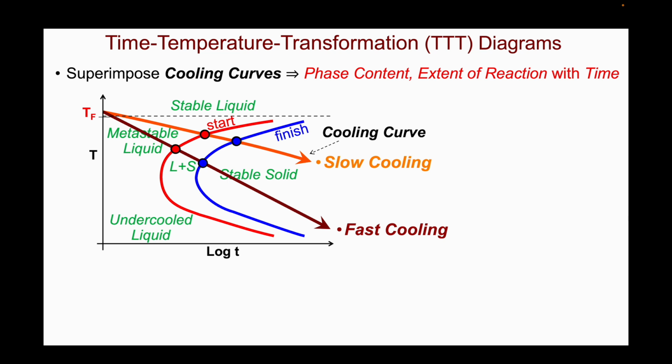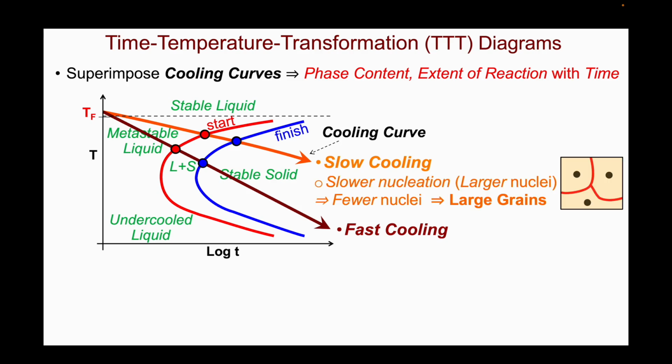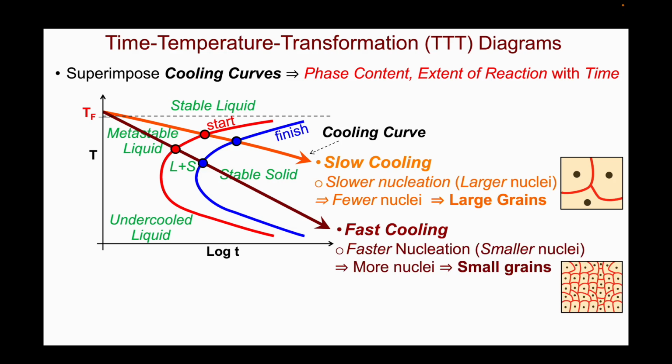With its longer start time, the slow cool sample has a longer nucleation time. This slower nucleation is because the incubation is occurring at a smaller undercooling and requires larger sized nuclei to begin the growth. As a result, fewer nuclei will form, and the final sample will be comprised of less but larger grains. The faster cool sample, in contrast, has a